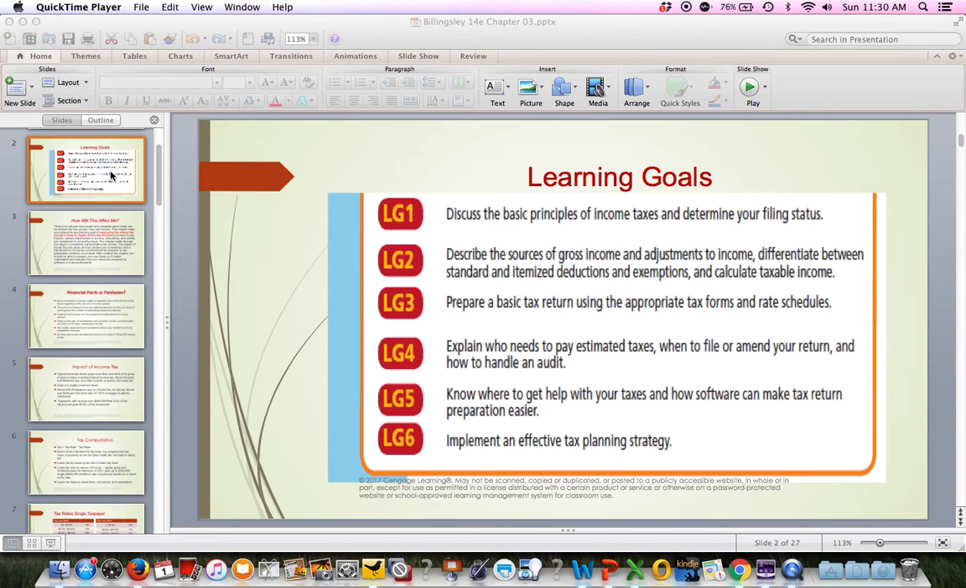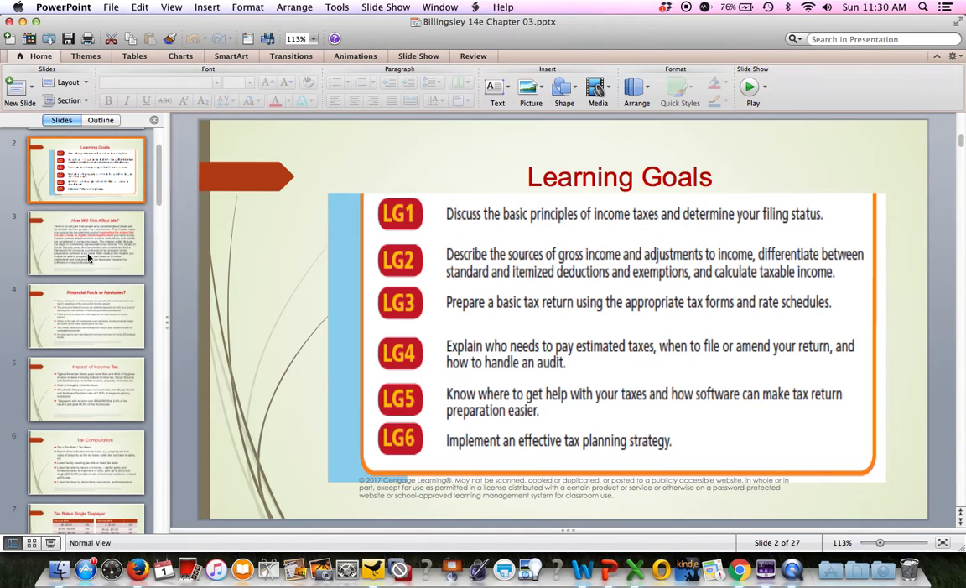Chapter 3 is all about taxes. That's kind of what the concept is. You can learn some information about how to file your taxes, just some very basics. This is not by any means an in-depth tax class, but everybody should be aware of some basic